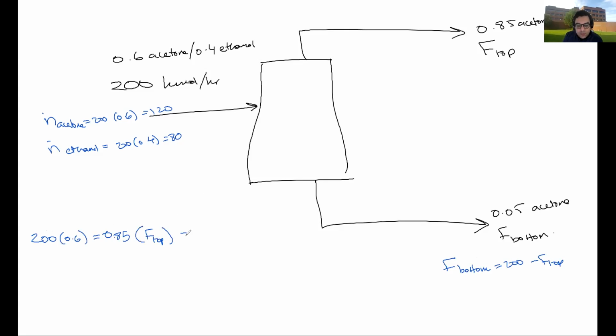Let's undo this: plus 0.05 into 200 minus. This is the mass balance for acetone, where the number of moles of acetone going in is equal to the number of moles of acetone at the top, which is the 0.85 composition multiplied by the flow rate, plus the number of moles of acetone at the bottom, which is the 0.05 composition multiplied by the flow rate, F bottom. However, F bottom is 200 minus F top. If you solve this equation, you should get